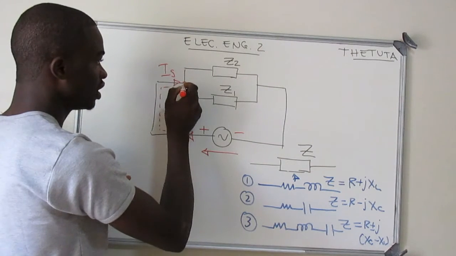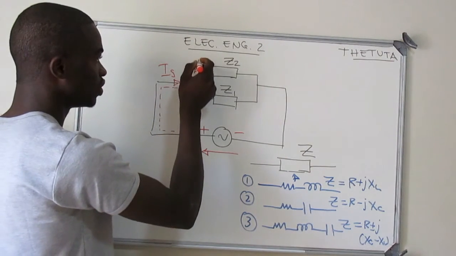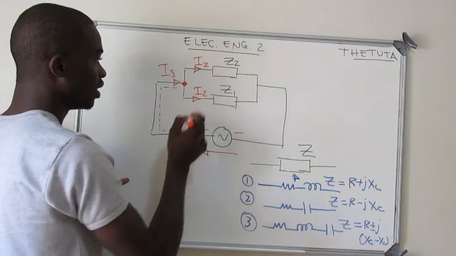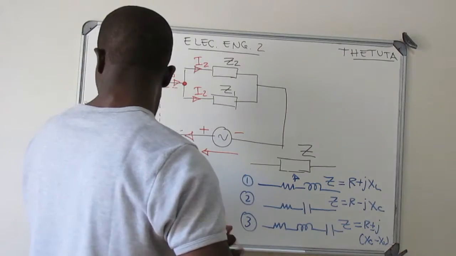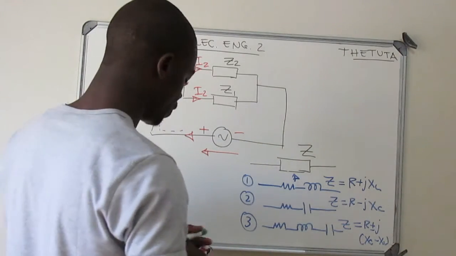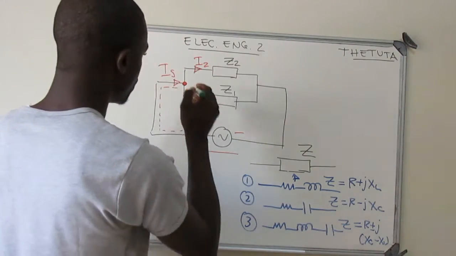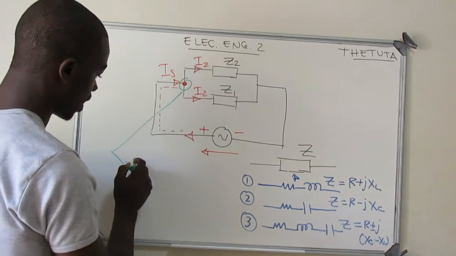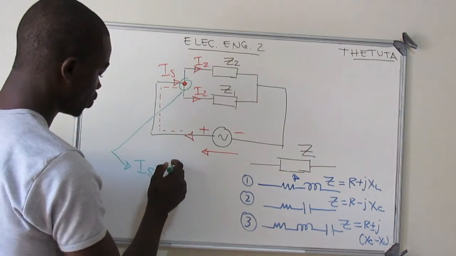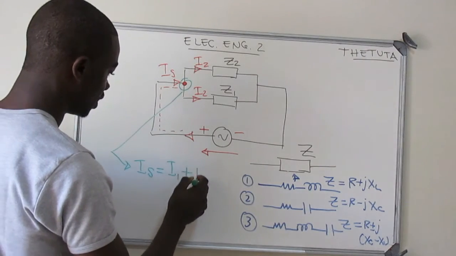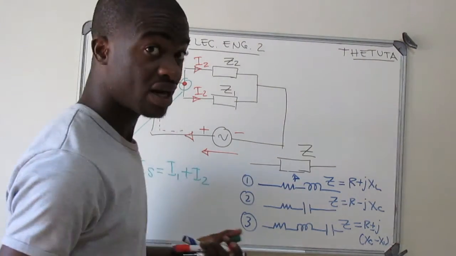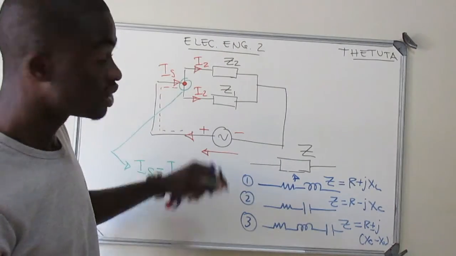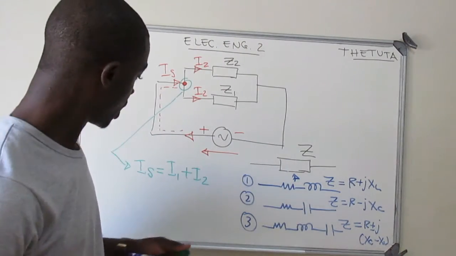On this junction, what happens to the current? The current splits in two. So you have your I2 and then you have your I1. Okay? Using your Kirchhoff current law, junction rule on this point, what do you understand? You can see that our supplier current is going to be equal to I1 plus I2. So in a parallel circuit, what we get there is that the current in the branches is going to be different. The currents are not equal.